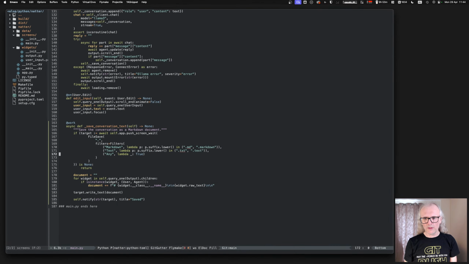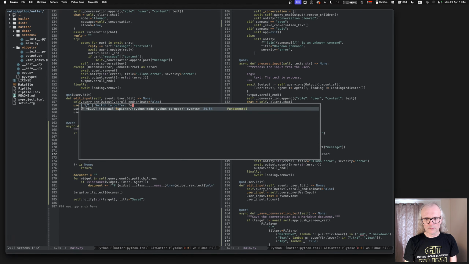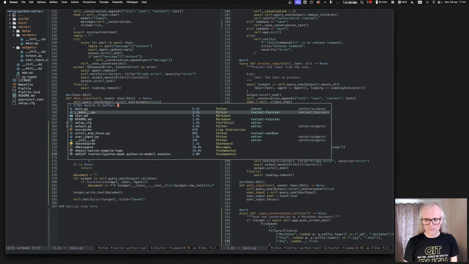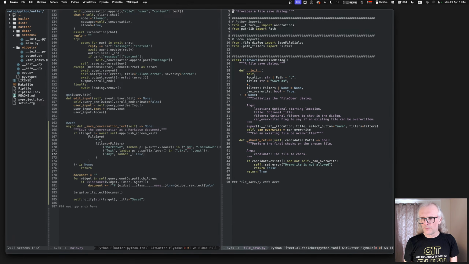Right, I want to set a default extension as well. I can't remember if I added support for that. Did I add support for that? That would seem like a sensible thing. It looks like it didn't.